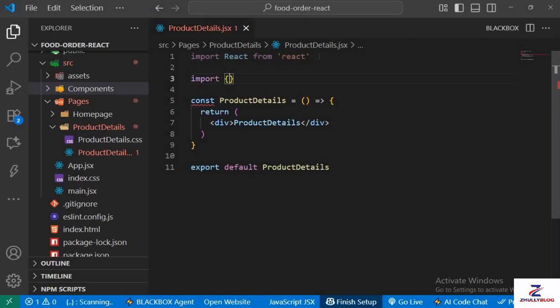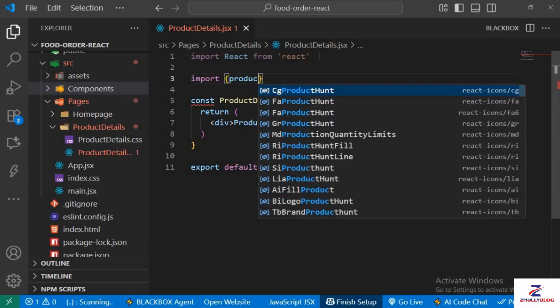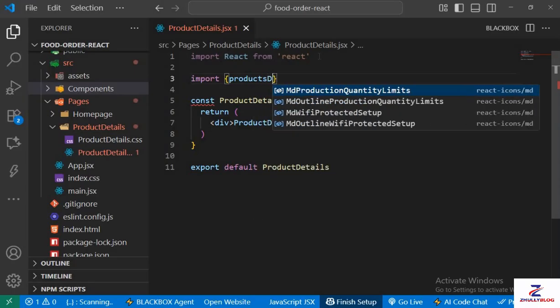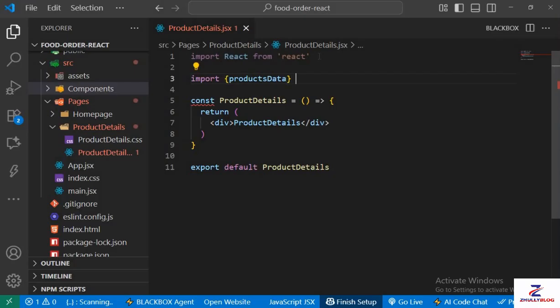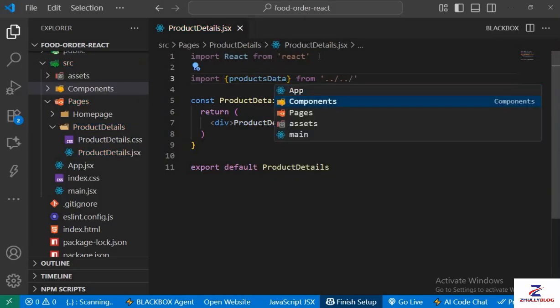Import product data from dot forward slash asset slash data,